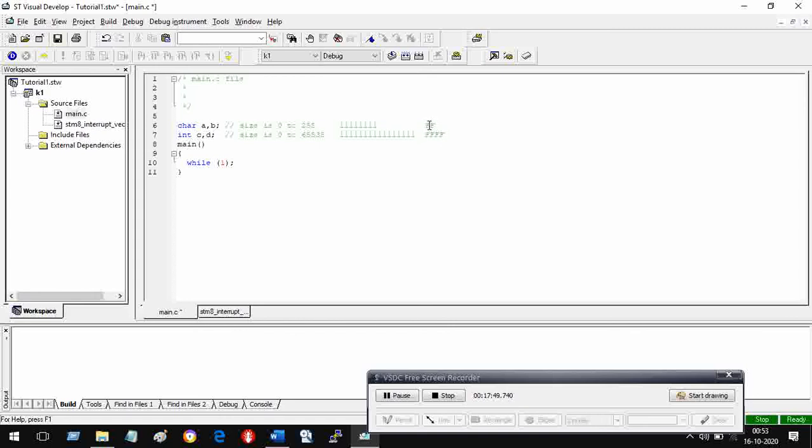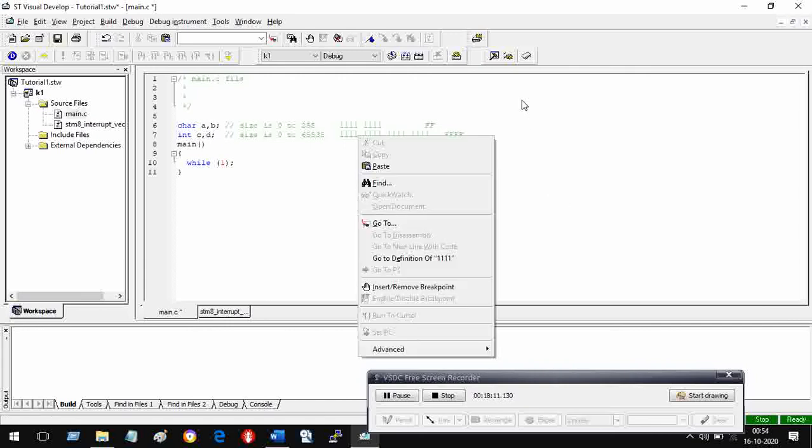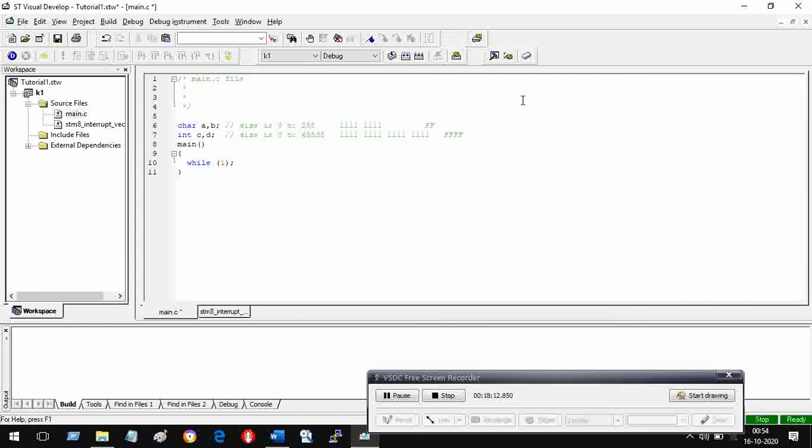So you can see the maximum value can be only this. 1111 means F, and 1111 means another F. So FF. Here you have four Fs. So now you know why this cannot exceed 65,535 and this cannot exceed 255.